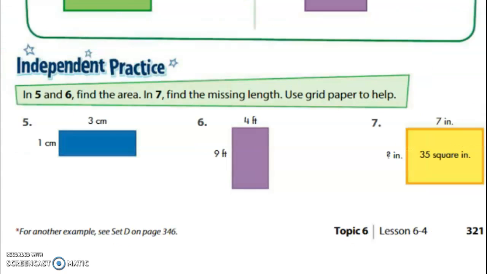For your independent practice today, there are 3 questions. This last one